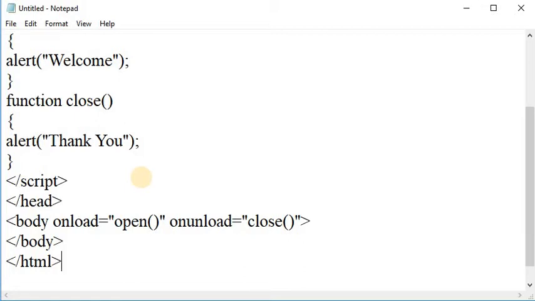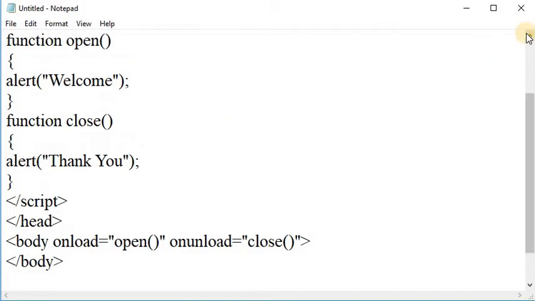In this example, we have written two functions, that is open and close.